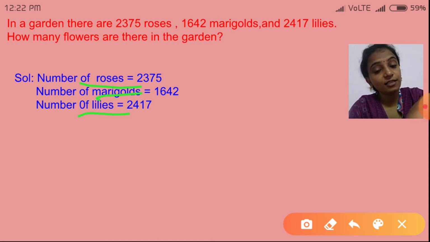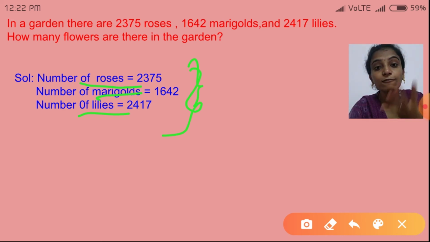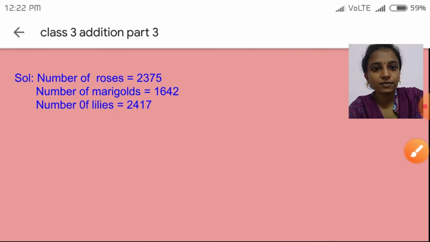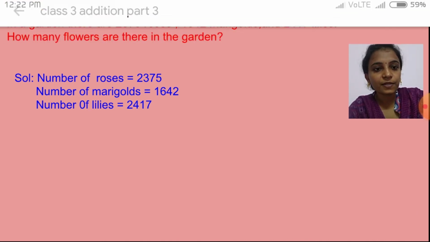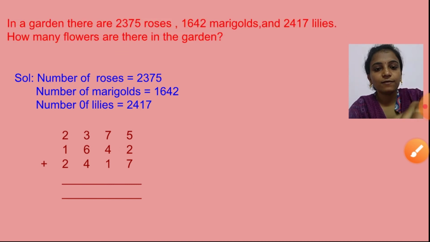So in previous sums they have given only 2. Here they have given 3. We all know how to count the 4 digit number in 3 columns. We counted 4 columns now. So this is 3 columns. Very simple one. We'll count. Okay, total number. Right? See. So this is the work for you. You have to count and write here. Okay, every problem I will not tell now. So you have to count and write. I will help you to count.